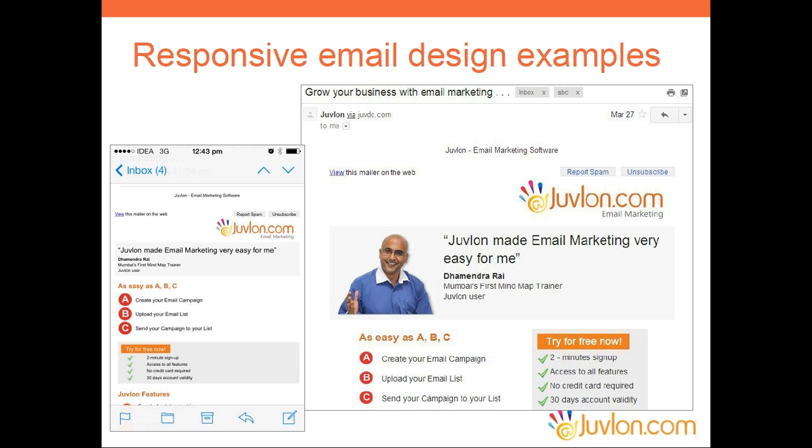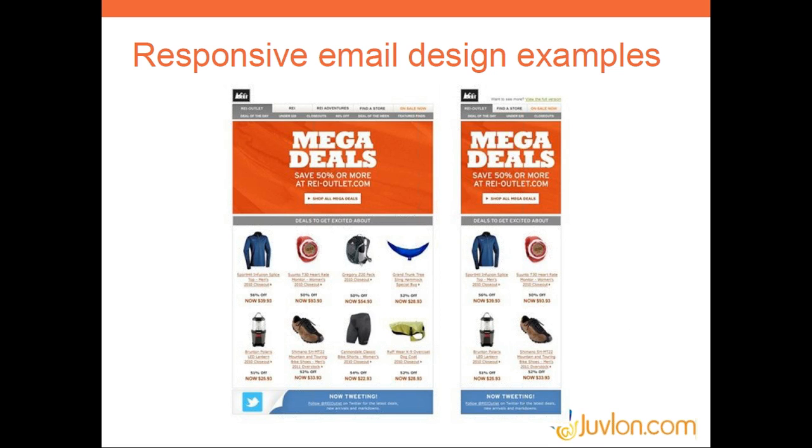Let me show you another example. This is a great example of responsive design for mobile. A mobile-only approach would fail miserably in this design. This is a product grid view. On the desktop email, you have 4 products in a row and another 4 products in the lower row. Whereas in the responsive design on the mobile, the immediate change that you can see is that there are only 2 images in a row and 2 rows of those images. So they're being very selective in the products that they display on the